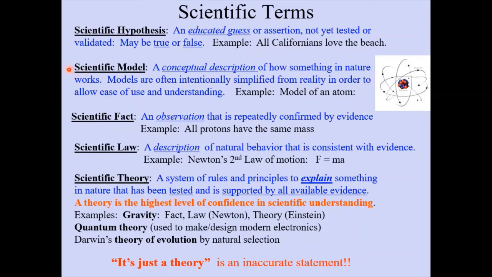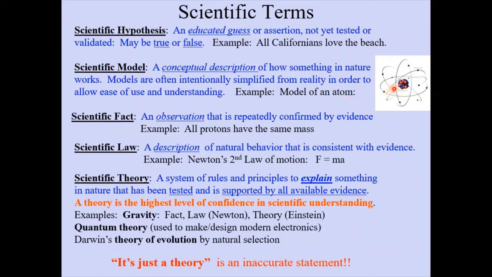Now, a scientific model is a conceptual description of how something in nature works. Models are often intentionally simplified from reality in order to allow ease of understanding and use. So we're going to use scientific models throughout this course because the models are typically much simpler than the way it actually is. So one example is the model of an atom, which we will talk about later in the course,